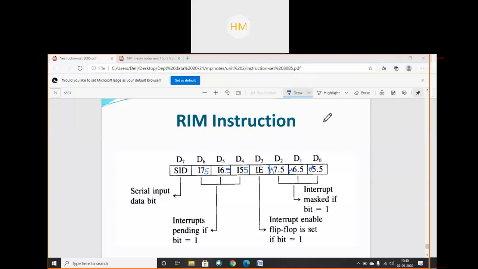So what will happen over here? I wrote in my program, I am having the RIM instruction. So what will it check? It will first check what is the data in the accumulator. What is the data in the accumulator? Is it now visible? I gave you the permission to attend the class.